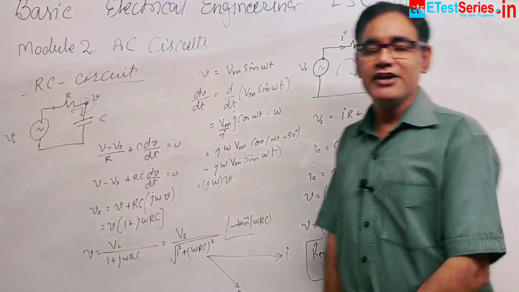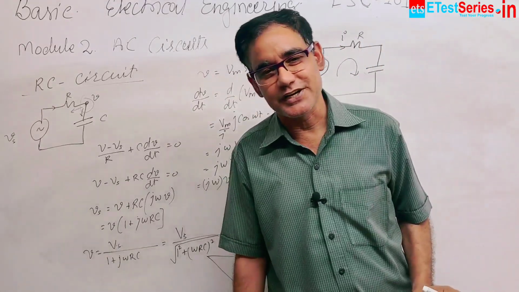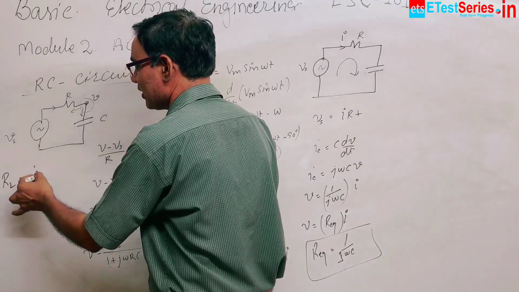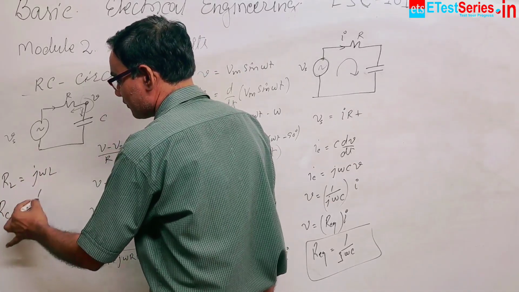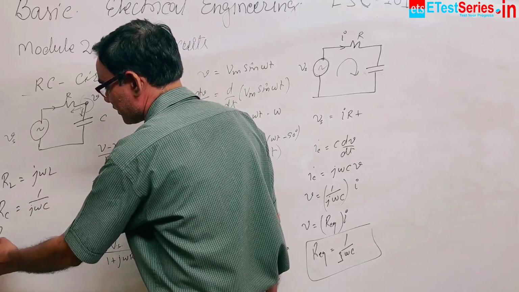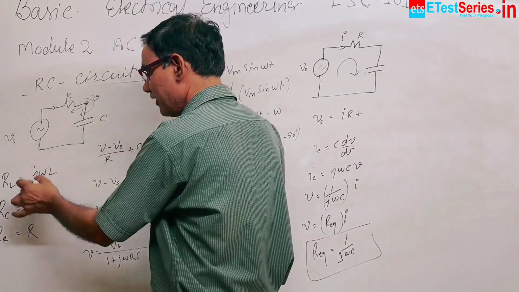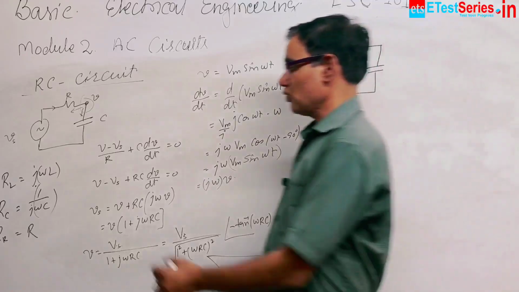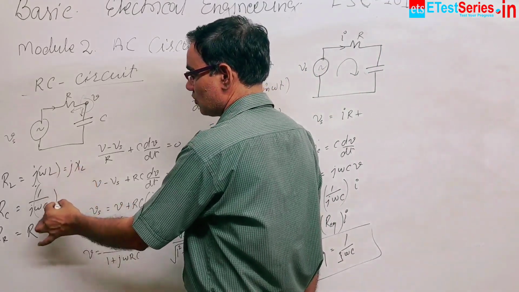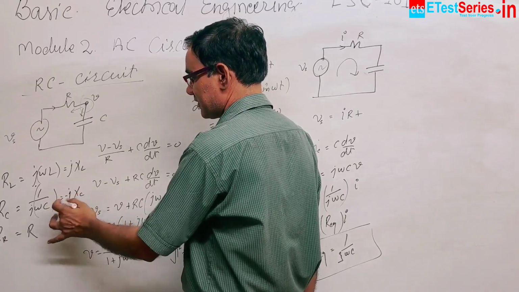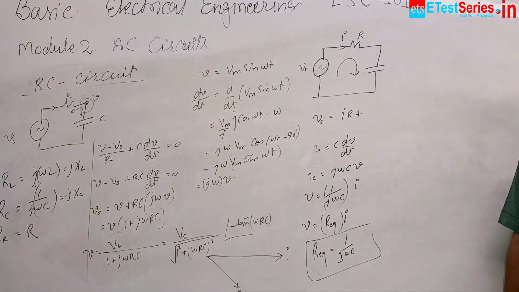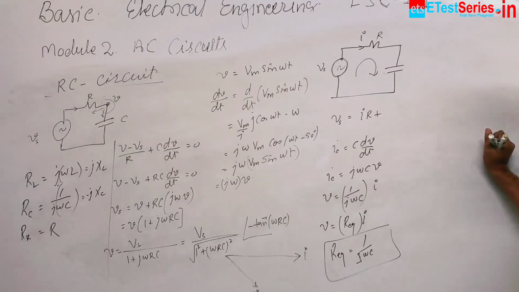ये क्या है? Effective resistance offered by capacitor in AC circuit. तो आपने देखा होगा कि इफेक्टिव रेजिस्टेंस ऑफर्ड बाय इंडक्टर इन ए सर्किट होता है आइटा ओमेगा एल, और इफेक्टिव रेजिस्टेंस ऑफर्ड बाय कैपेसिटर होता है 1 अपॉन आइटा ओमेगा सी, और रेजिस्टेंस का वो आर होता है। ये दोनों इमेजिनरी होते हैं, ये इसका मैग्नीट्यूड होता है, ये इमेजिनरी पार्ट होते हैं। इसको आइटा XL कहते हैं, इसको माइनस आइटा XC कहते हैं। ऐसे अपन इफेक्टिव रेजिस्टेंस ऑफर्ड बाय इंडक्टर और कैपेसिटर कैलकुलेट कर सकते हैं। क्लियर?